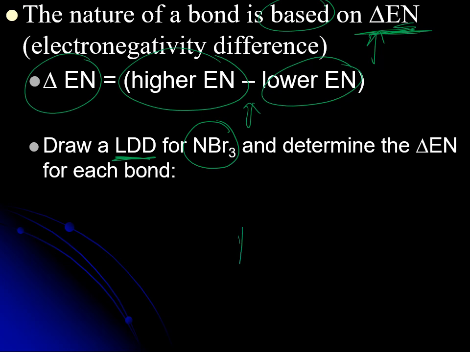So we have our nitrogen in the middle, and you look at which column it's in. It's in column 15, so we're going to have 5 valence electrons around it. And we have our bromine in column 17, so it's going to have 7 valence electrons around it. And in order to make them stable, they're going to be sharing their pair of electrons, which we don't want